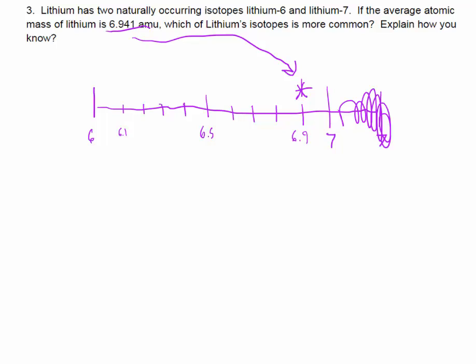But remember, this is a weighted average. It takes into account how much of each one you have. So if you were doing the math we did before, we must have had a lot more of the lithium-7 than the lithium-6 to shift the average way over here to 6.9, and that's the case. So the answer to this is simply lithium-7